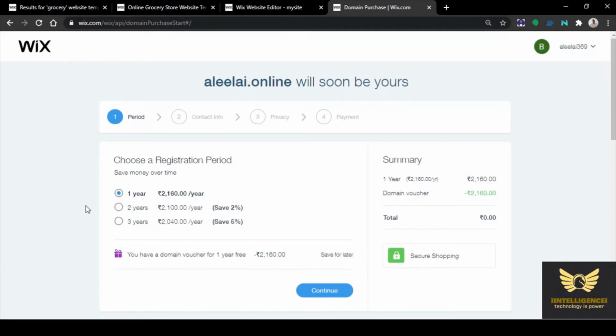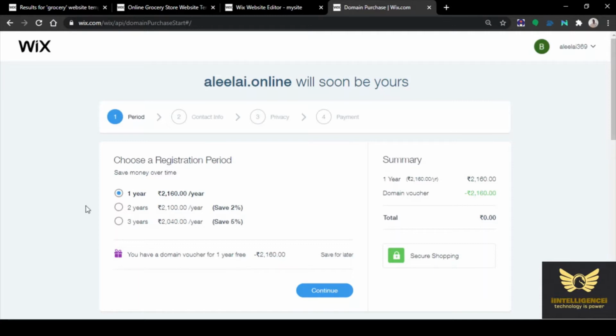From the second year onwards, you need to pay 2160 rupees per year for this domain. Some people may choose 2 years. Right? You can also choose 3 years.